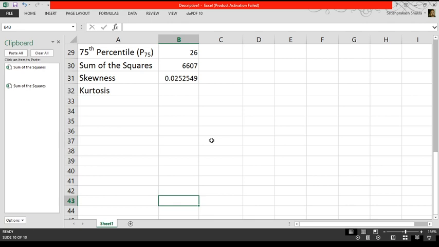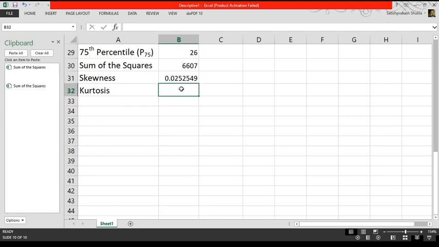No function is developed for any of these formulas, but if we want to find the value of skewness by using any one of these formulas, then we have to convert the statistical formula into an Excel formula. How it can be done, that we'll see in the next video.